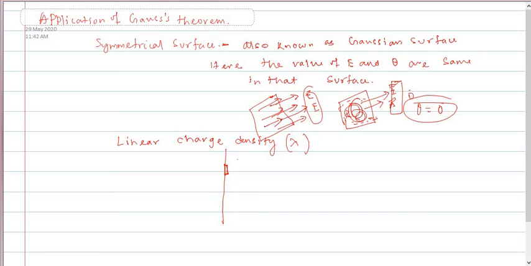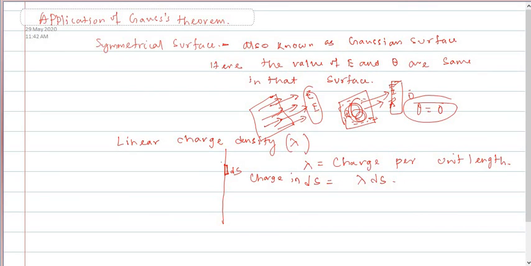So how will we find the total charge of this line charge? Look, what will we do, we will choose a small surface ds in it. We choose a small surface ds. Let lambda be the charge per unit length. So if lambda is the charge per unit length, how much will come in ds? In ds will come lambda into ds. So we can write that the charge in ds is equal to how much?